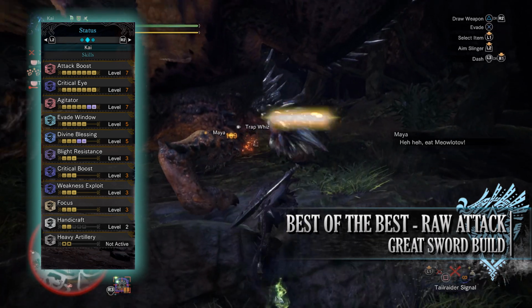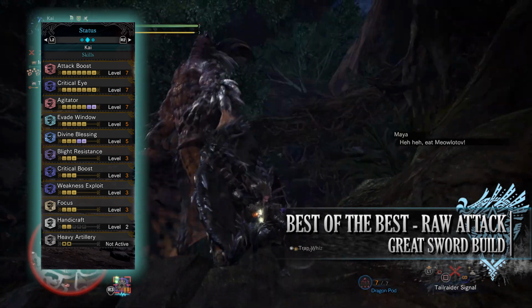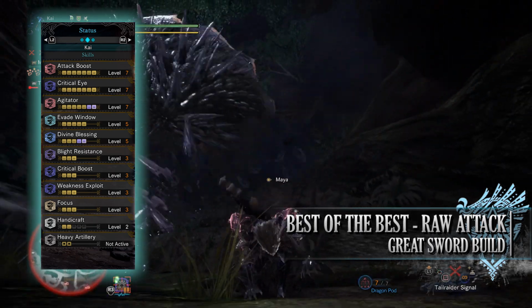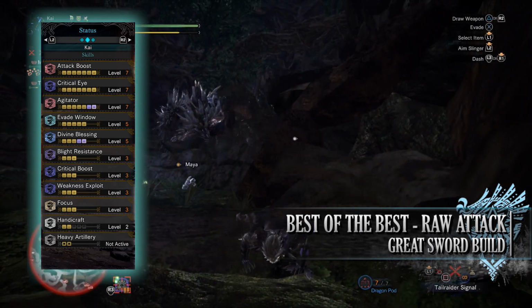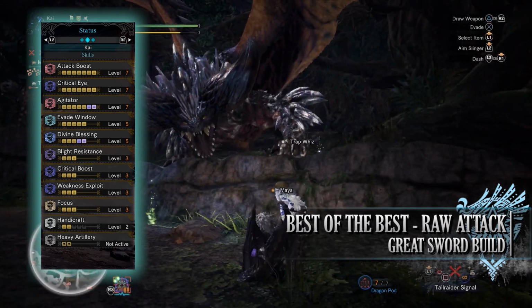So if Evade Window doesn't work and you do get hit, then hopefully Divine Blessing will save you. You also have Blight Resistance at level 3, which negates all elemental blights on your hunter. You have Critical Boost level 3, which is a skill that increases the damage of our attacks should they crit